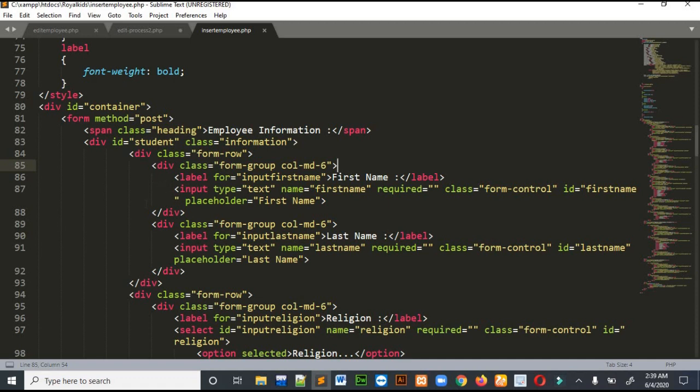For every input I used an input tag, you can see that, and this is the input tag for first name. You can see that I also wrote required over here. Required is an HTML validation that forces you to write the name first.